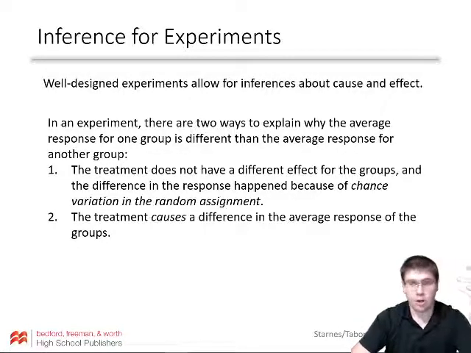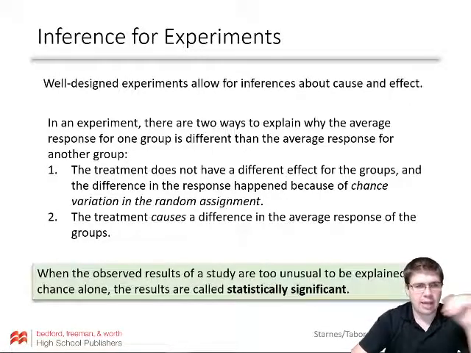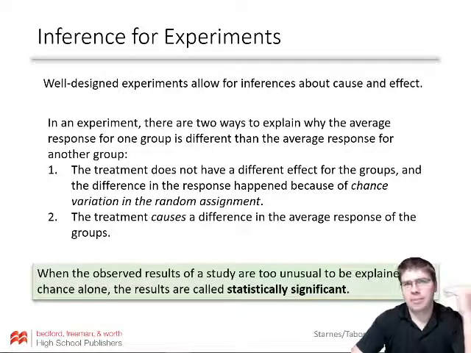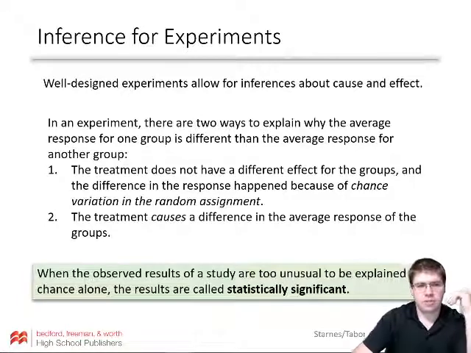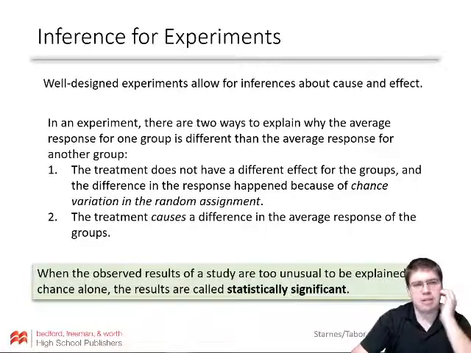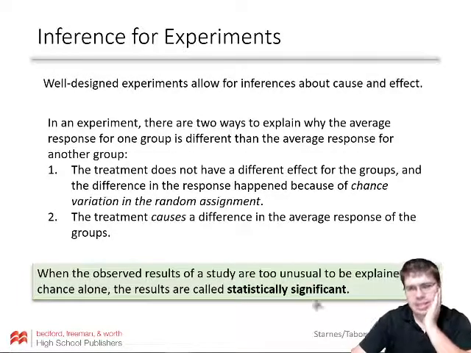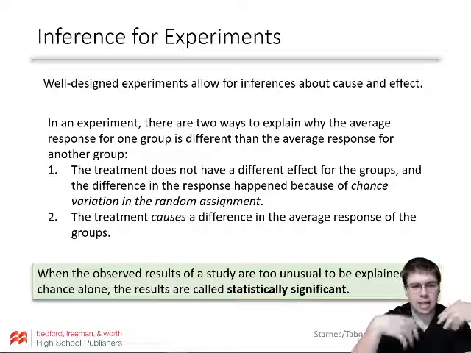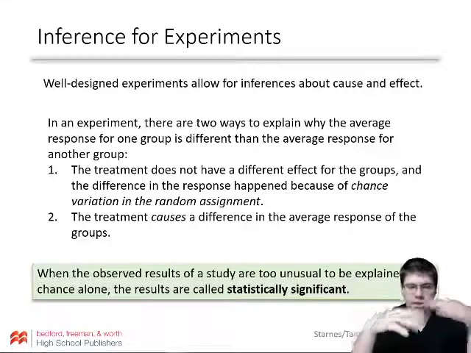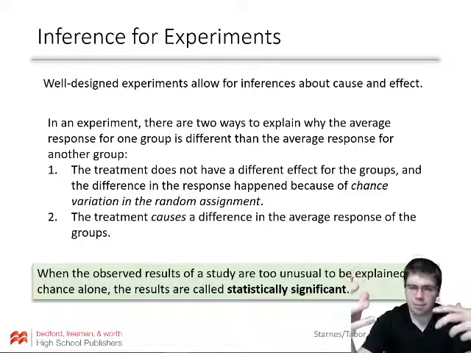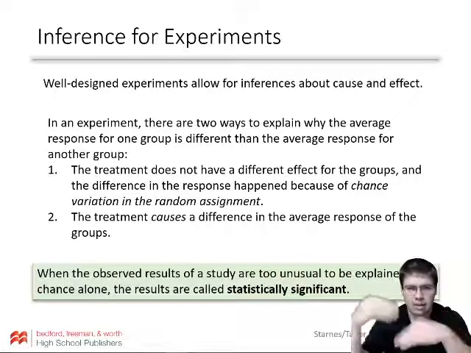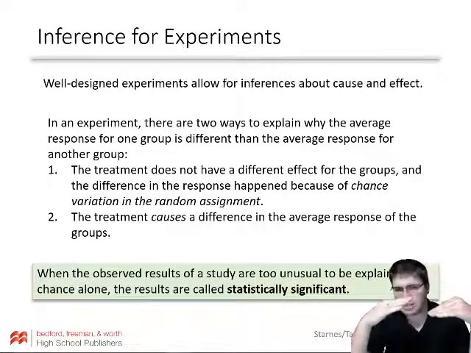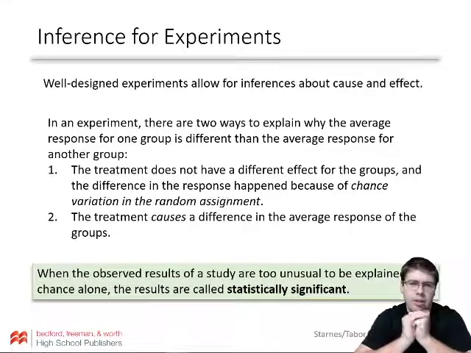Sometimes it's hard to know, but what really helps us be certain is when the observed results of a study are too unusual to be explained by chance alone. We call that statistically significant. There's a statistically significant difference between those two numbers, meaning it's unlikely that it was just chance, just randomness. We're going to have to study some randomness in the next couple of chapters so that we can calculate the probability that it'd be off by this much and that much,